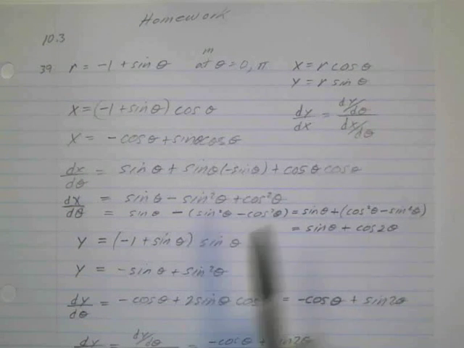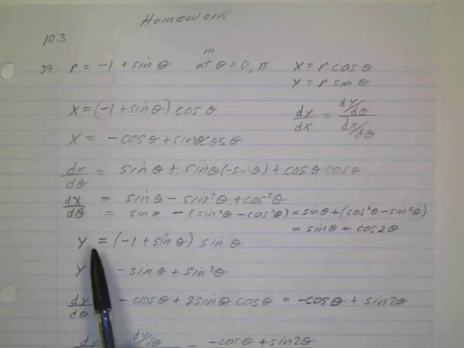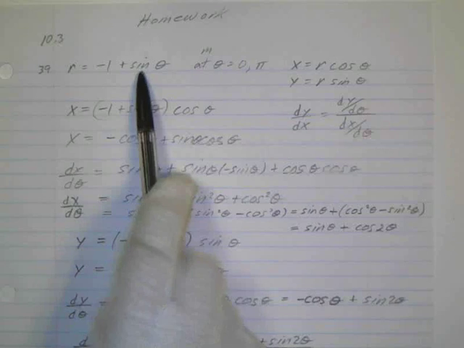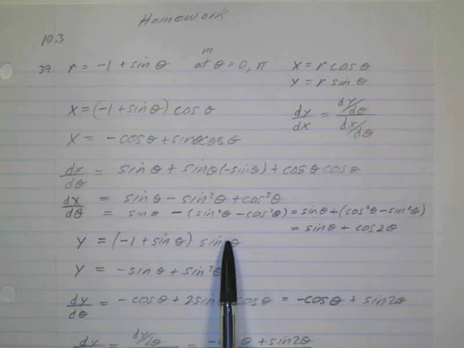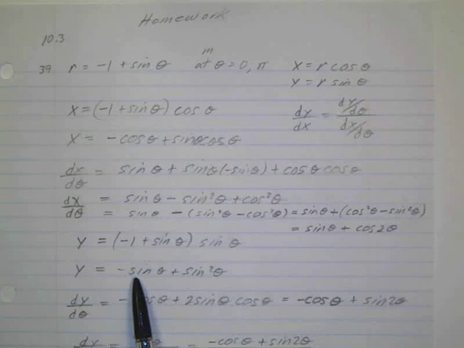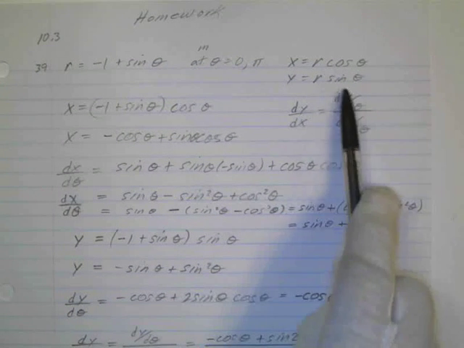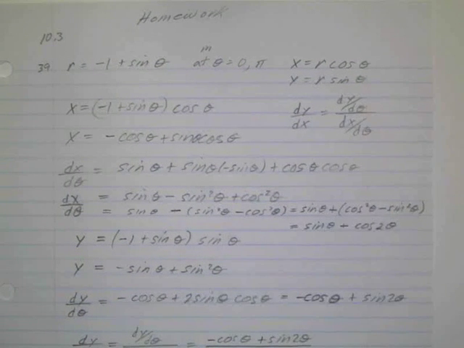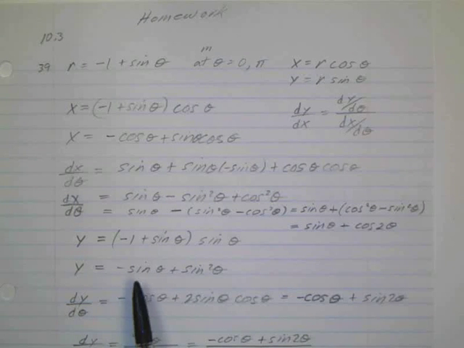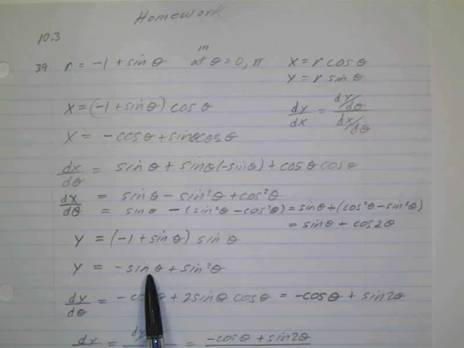Now let's do the y. So y equals r sine of theta. And then if I distribute that out, I get negative sine theta plus sine squared of theta. And then again, I want to find dy/d theta. That's going to be part of my dy/dx formula. So dy/d theta, the derivative of negative sine of theta, the derivative of sine is cosine, so negative cosine of theta. Then I've got